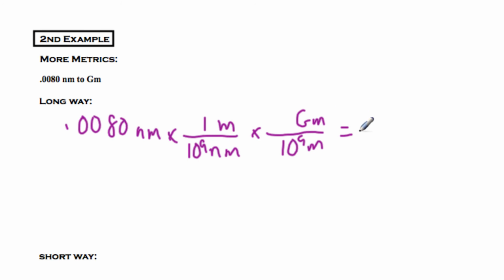So we've got 0.0080. And then what do we have? It's 1 over 10 to the 9th times 10 to the 9th, which is going to be 10 to the 18th. This will be gigameters. 1 over 10 to the 18th is going to be equal to 10 to the minus 18